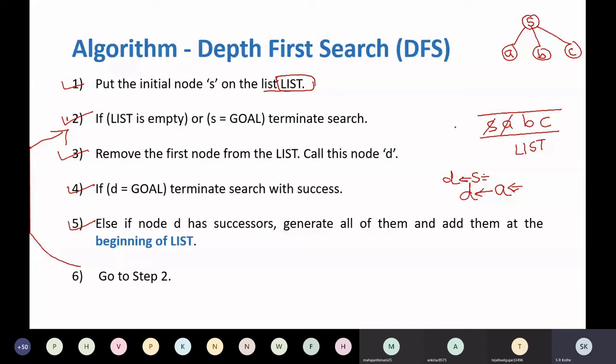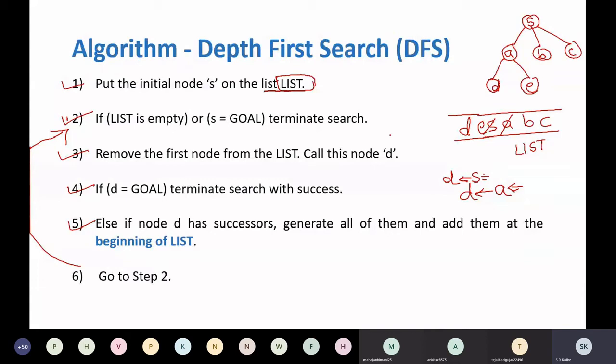Now we have removed A, called it D, and D is not a goal, that means A is not a goal, so generate its successors. Suppose there are two successor nodes, D and E. Add them at the beginning of list. So I will put them here, D and E on this list. Again go to step 2.